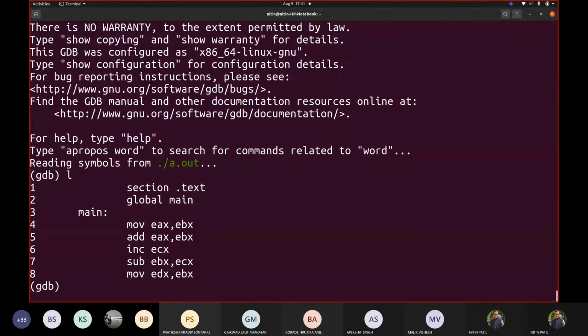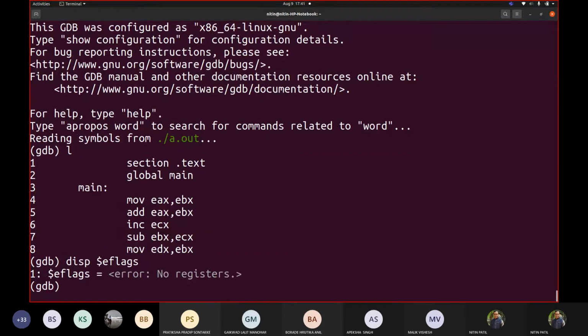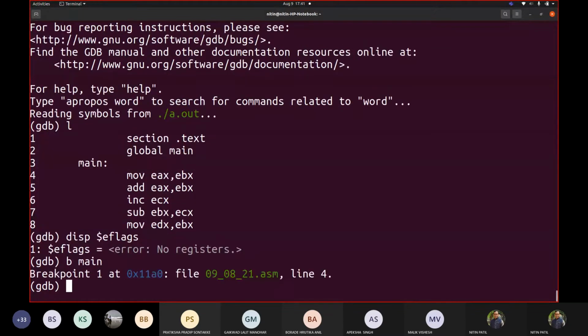Now, if we see the contents, so this is the code. Now, let me display my eflags. This is an important register called the flag register, and every processor has this kind of register to support execution. Let us set a breakpoint.